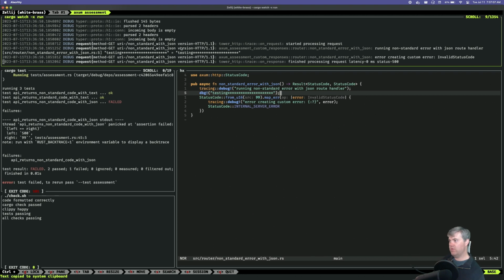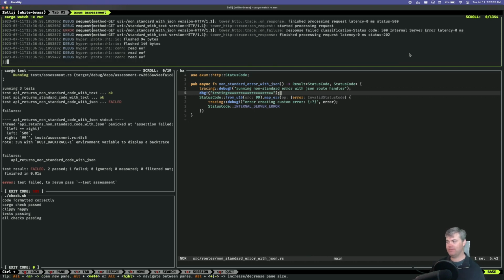Okay. So, here. Running non-standard error with, oh, here it is. Okay. Invalid status code. So error created. For some reason, I thought the message was going to be over here, but it's way over here on the right. So we got an error created custom error invalid status code.